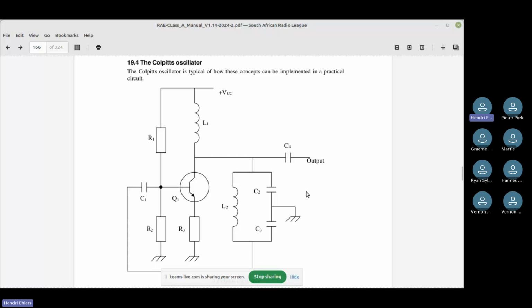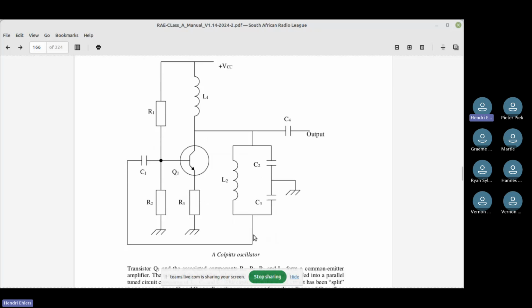We're not going to calculate what's happening here, but in short, this transistor is switching, and that changes the current through this coil or inductor, and that will then decrease and increase the voltage at this point, which will then give some output going through that capacitor there, and some of that will go back through this circuit and be fed back into the transistor, and this will then create a tuned circuit, and this thing will start to oscillate at a specific frequency which is determined by these capacitors and the value of these inductors.